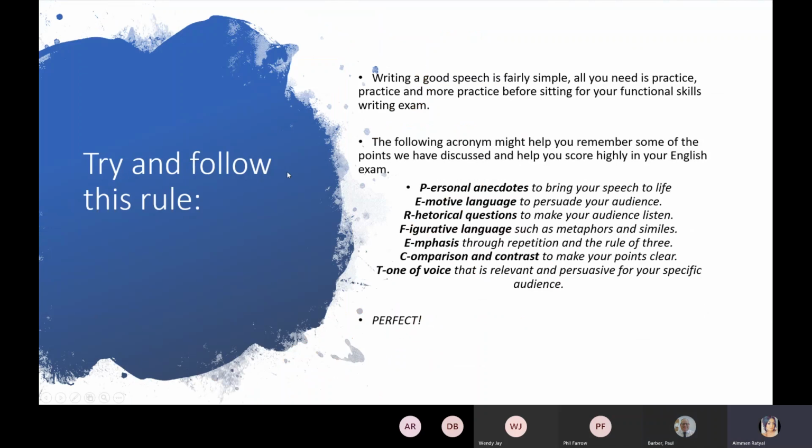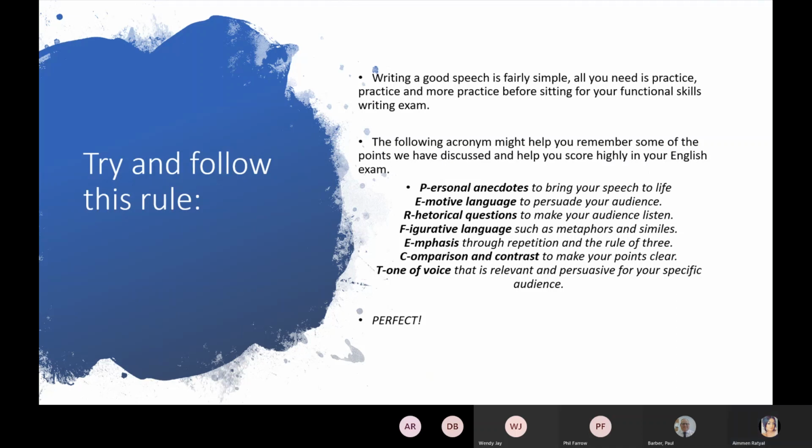So try and follow this rule. I really like this, and I know Paul did as well when we discussed it earlier. Writing a good speech is fairly simple. All you need is practice, and more practice, before sitting your functional skills writing exam. The following acronym might help you remember some of the points we have discussed and help you score highly in your